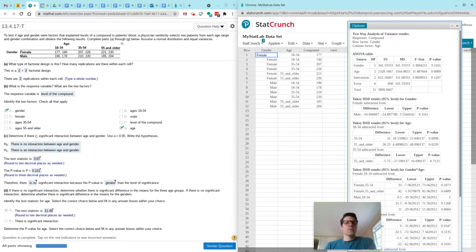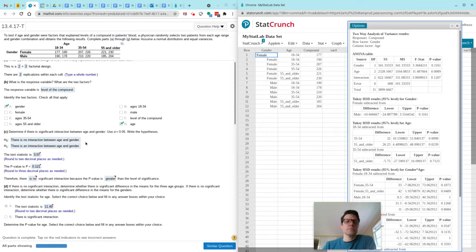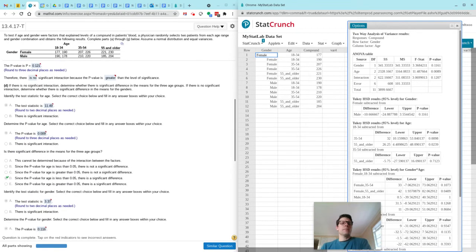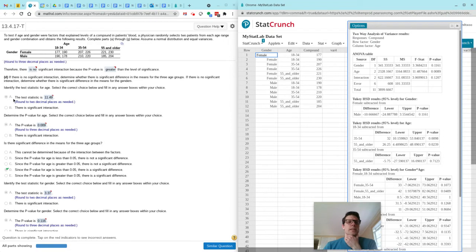So the first thing we want to do is, is there an interaction between gender and age, between the two factors? And so we go up here to this analysis of variance table, and we check the interaction row, and we can get the F-stat, which is really the test statistic. You can see that lines up with the right answer, and the p-value here from the interaction. And then it asks, going down,